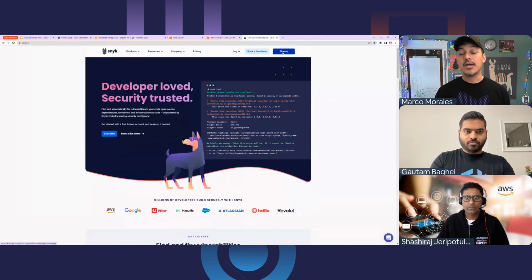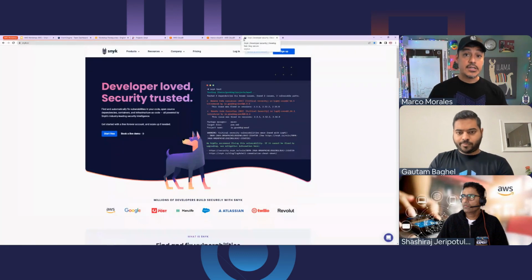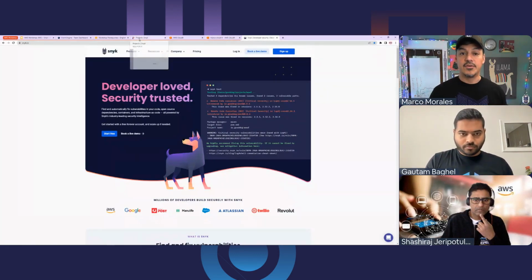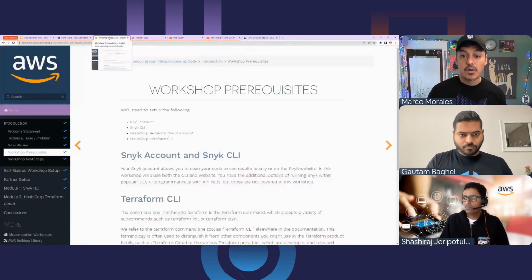I'm already logged in. I have an account, so I don't go through the sequence here, but it takes about 1 or 2 minutes as you do this. And you can always delete your entire account at the conclusion if you don't want us to know who you are after this fact. So I'll go back to the workshop, and know that it is a prerequisite.